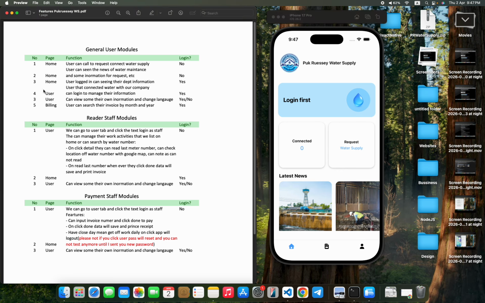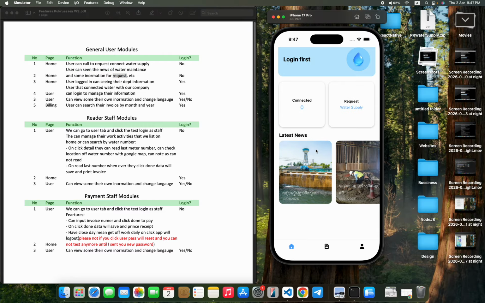And number two, users can see news, water maintenance and information for requests.